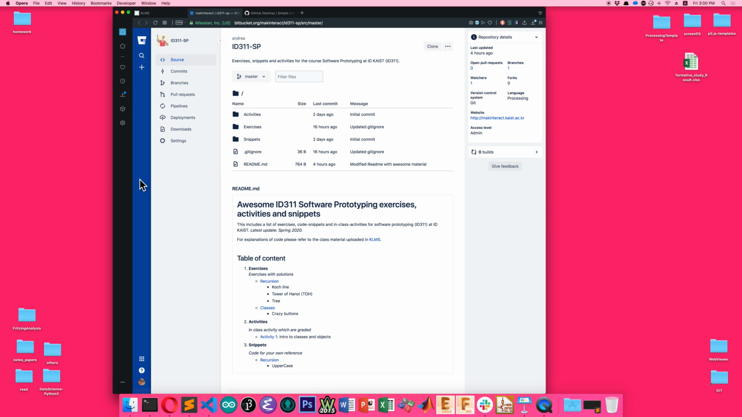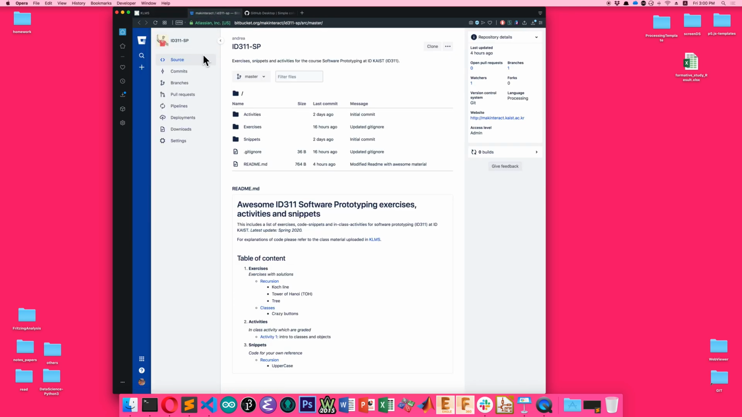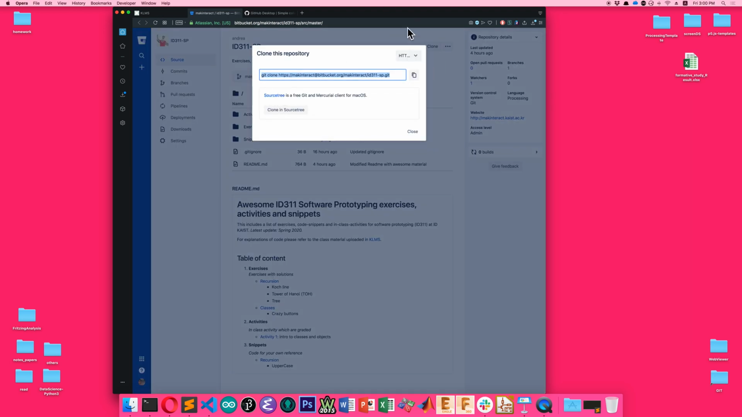So what you do, you go to the link, as I just did, go over here, Git repository. It will open this website, Bitbucket. And this is the class code. It contains snippets of code that provide the exercises we do in class and the activities that are going to be graded. Click on clone. You don't need to have a Bitbucket account for doing this, so you just go to the link, click on clone here again, and then you need only this,